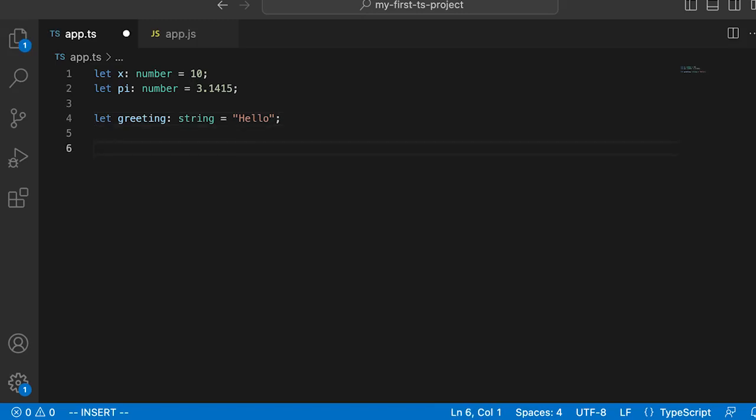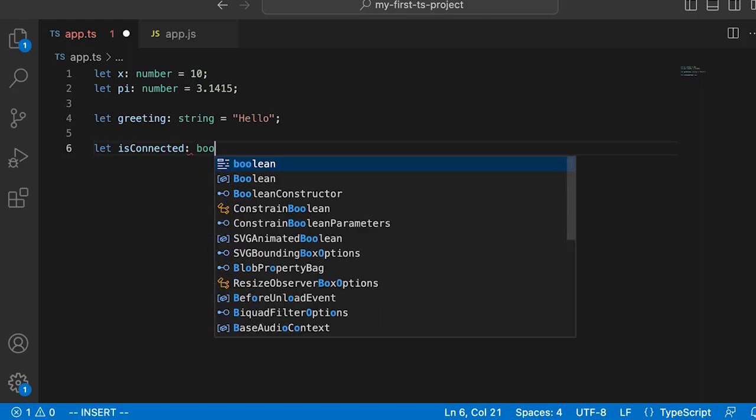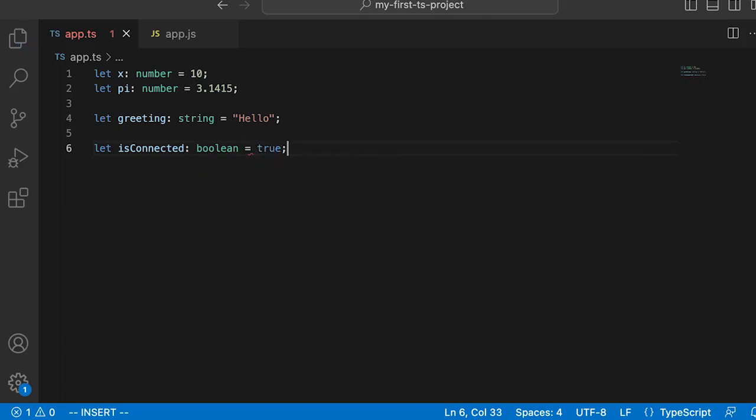And additionally, we also have the same basic types as JavaScript does, such as Booleans, right? So you could say something like let isConnected, right? Something like that. You might have in a program to keep track of whether a connection has been established. And then you could say colon boolean, and just like in JavaScript, the only two values that a Boolean can contain are true and false. So besides numbers, strings, and Booleans, TypeScript also provides an object type specifically for when we want to assign an